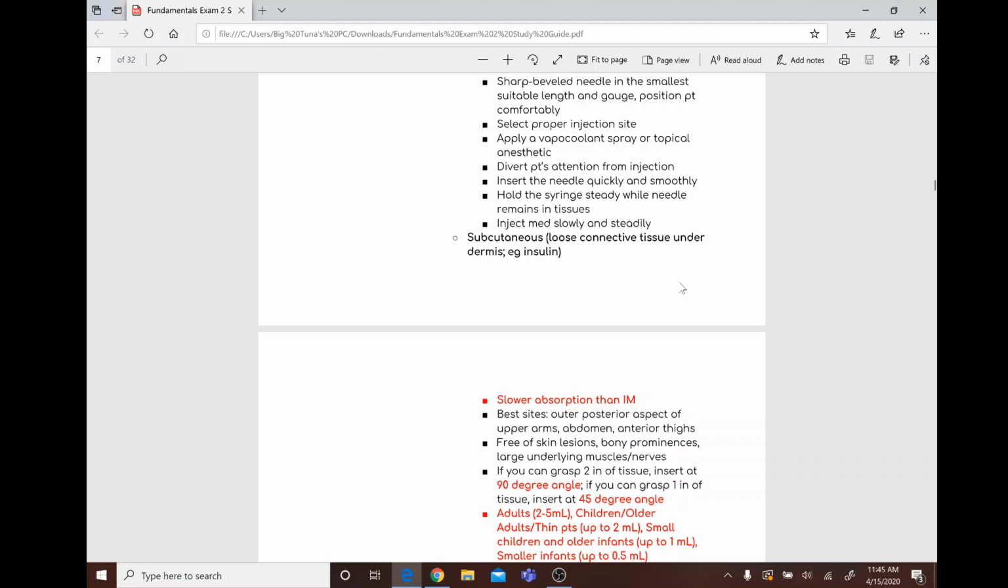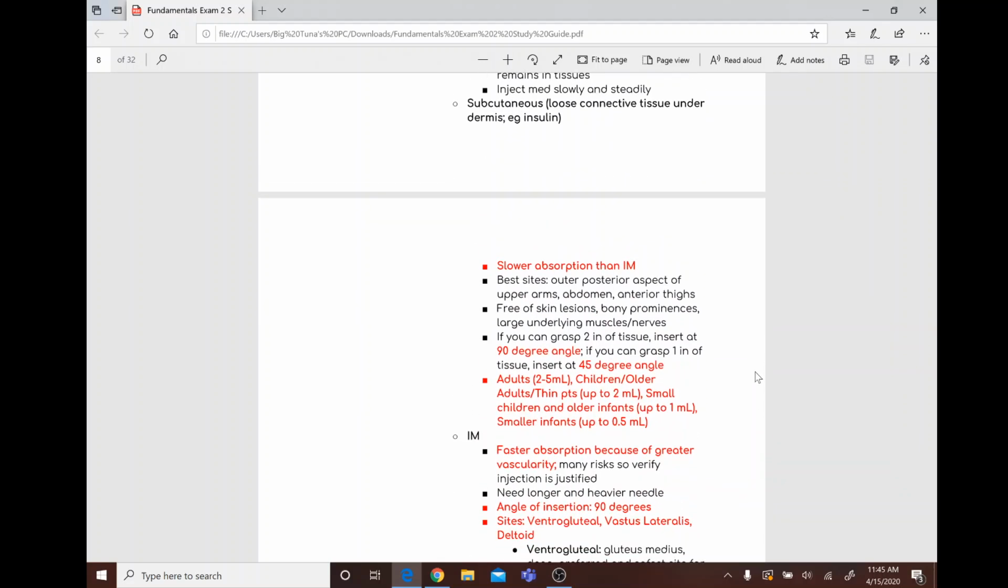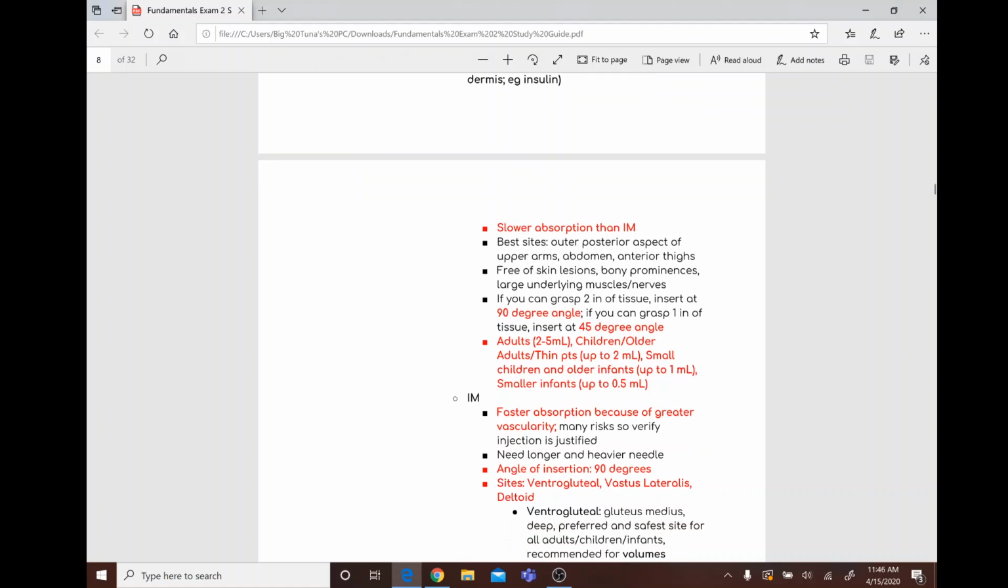Sub-Q is loose connective tissue under the dermis. What do we know about subcutaneous injections? Slower absorption than IM. Best sites are the outer posterior aspect of the arm, abdomen, and anterior thighs. Make sure they're free of skin lesions, bony prominences, and large underlying muscles and nerves. If you can grasp 2 inches of tissue, insert at 90 degrees, but if you only get 1 inch, 45